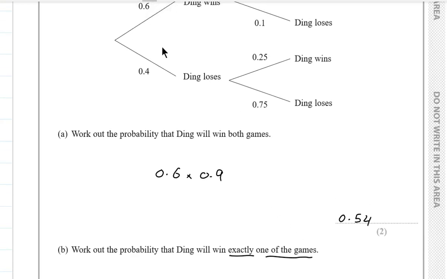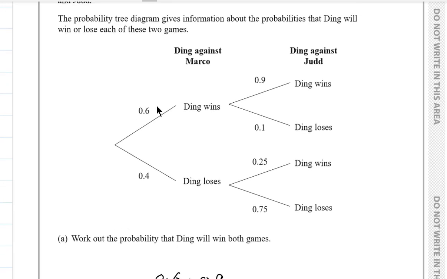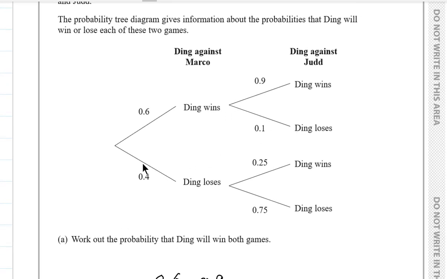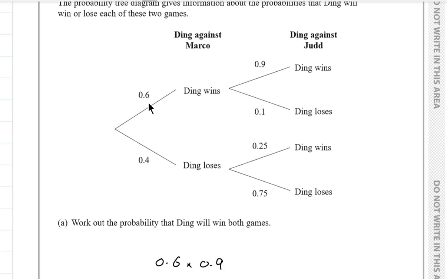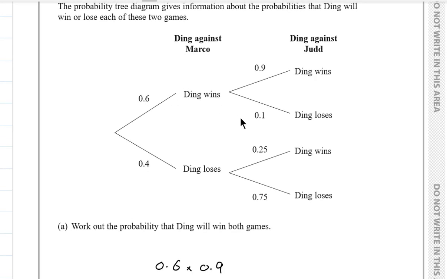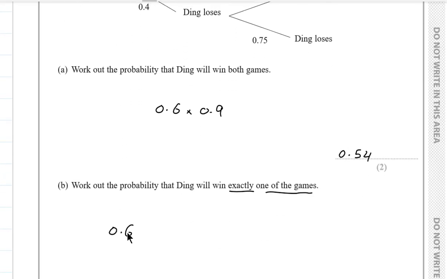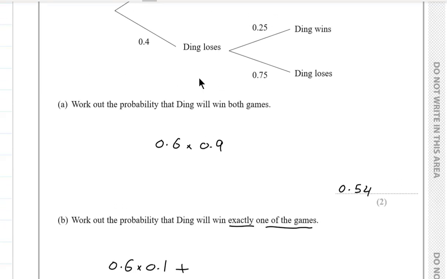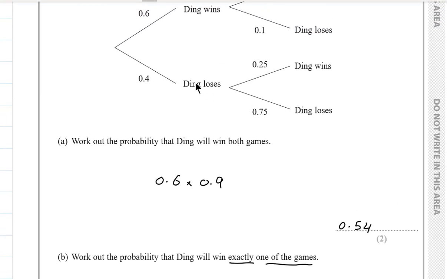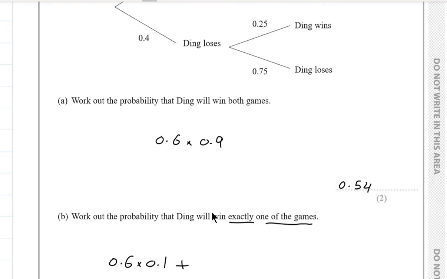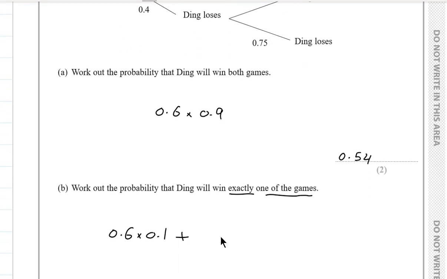He will win the first and then lose the second, or lose the first and then win the second. So I multiply 0.6 times 0.1, and then add 0.4 times 0.25, and the answer will be